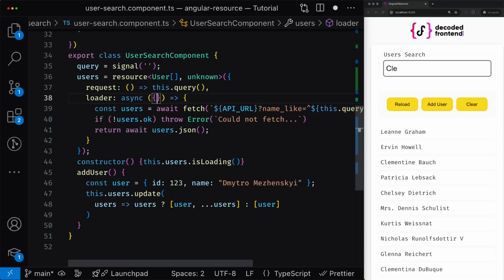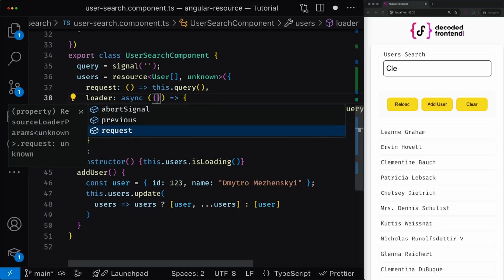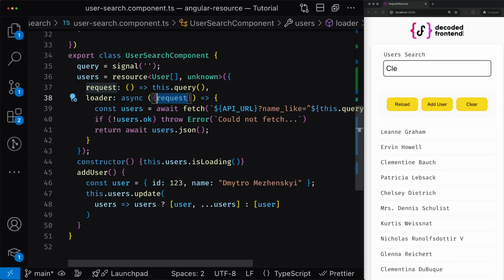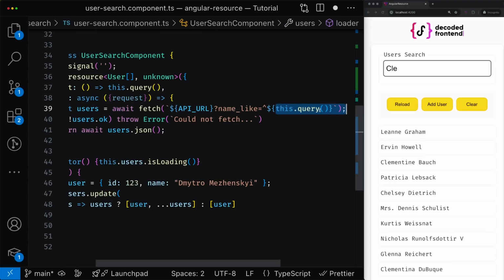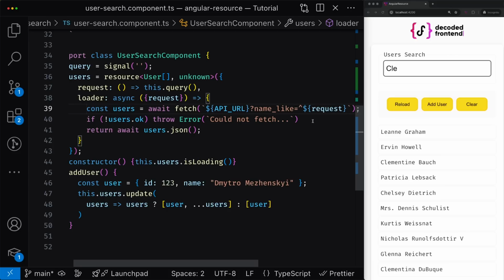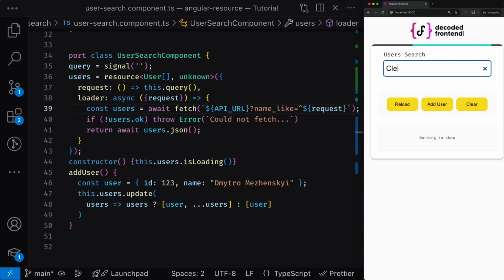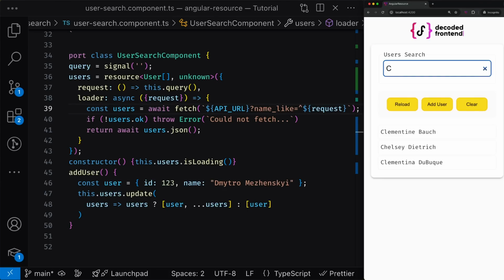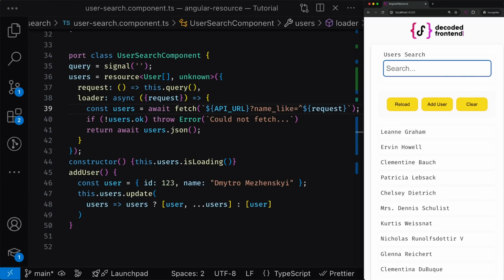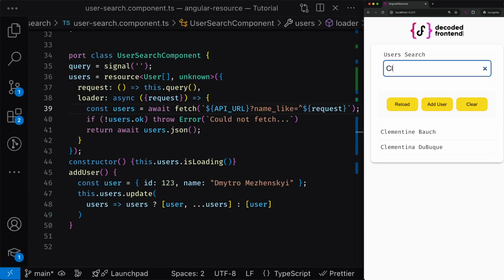So you can destructure the loader config and take the property request from there that contains the value the request function returns, and then you can use it anywhere inside your loader function. And if we save this change and try to type any string into the user search, you can see that every time the search query changes, we re-execute the HTTP call with a proper name-like parameter